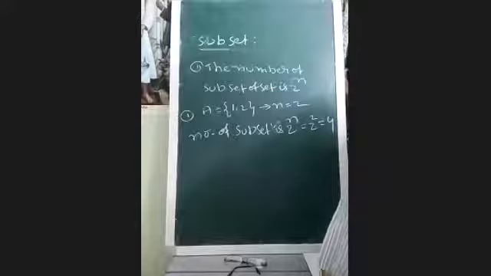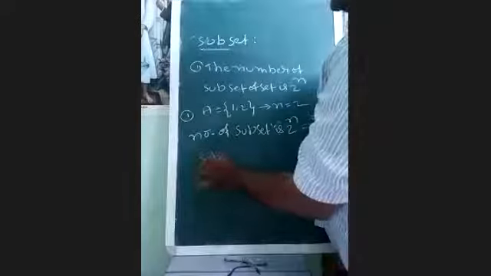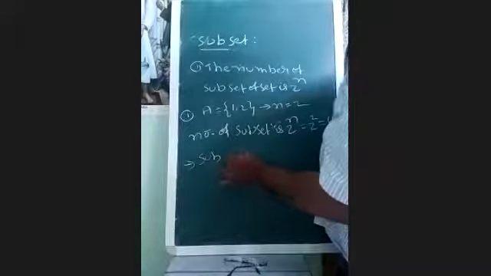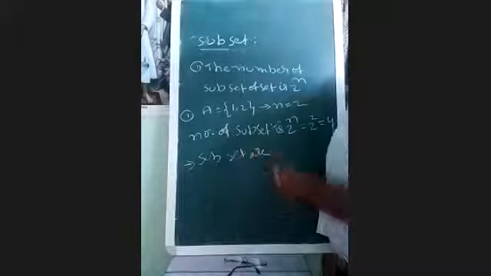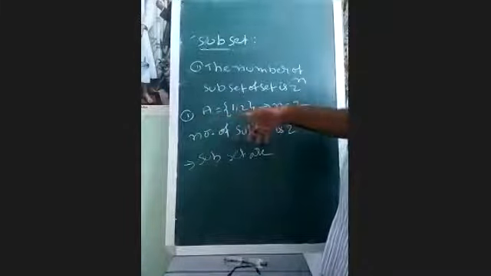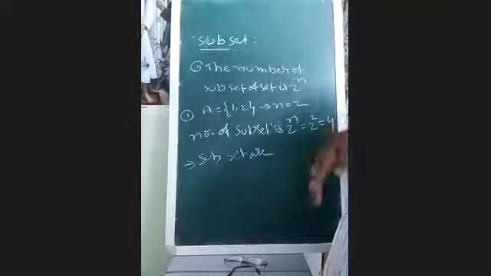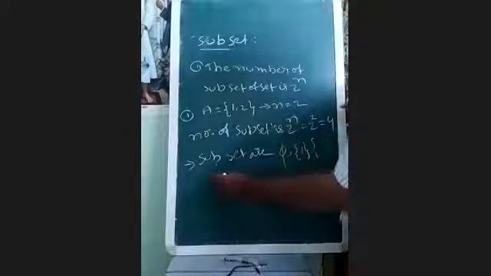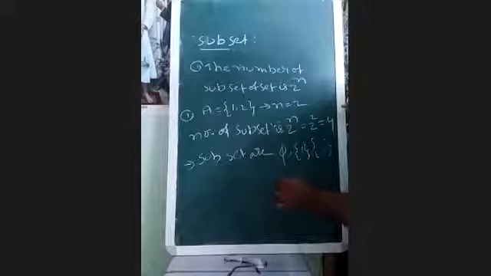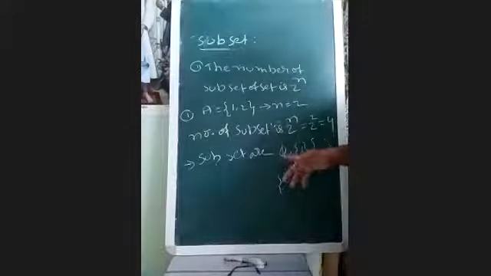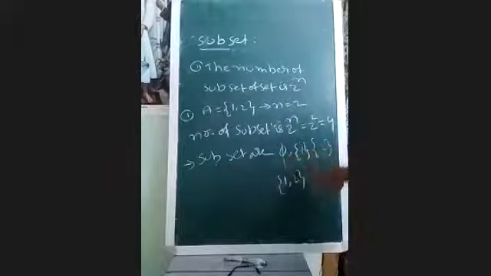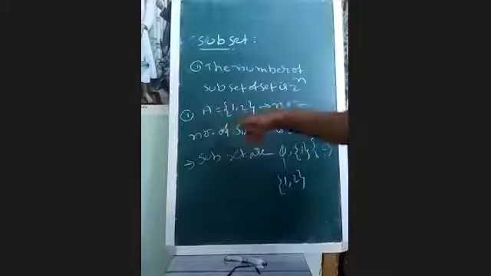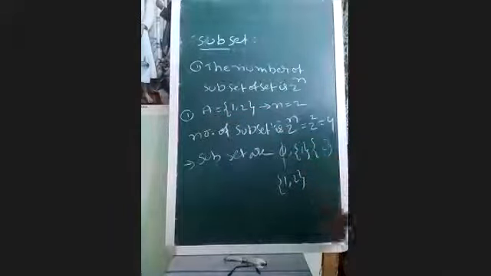How to write the subsets? The given set has 2 elements, but here we write 4 subsets. First, the empty set. After that we write the singleton sets, {1} and {2}. After that we take the 2 element set. You count them: 1, 2, 3, 4. The set has 2 elements, so here 4 subsets come.